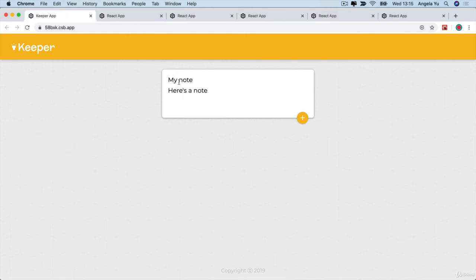Now, you might notice that if you add a couple of notes and you go ahead and refresh the page, your notes will disappear. The reason is because React, as we mentioned, is a front-end library. It's responsible for creating these components, creating the functionality and the styling, but it's not responsible for saving your data. So if you do want these things to be persisted, then you'll have to review what you learned in our backend modules with Node and with MongoDB if you wanted to have a backend to your front-end